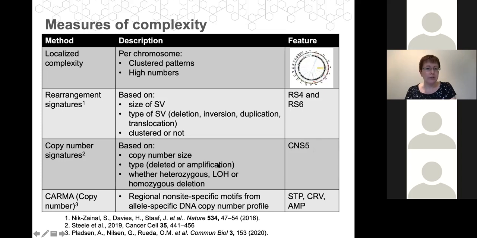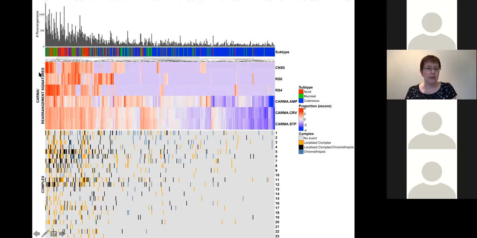So if we look at all these measures of complexity in our tumors, these are shown here through clustering, where red is a higher proportion of these particular measures of complexity. And you can see that we get this clustering where we get a high number of samples with a high number of rearrangements. And if we look at the subtypes, the red and the green, which are mucosal and acral, there tend to be many more of these than the cutaneous, which are in the blue and tend to be concentrated towards this other end.